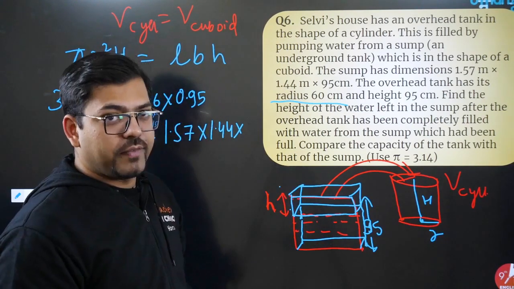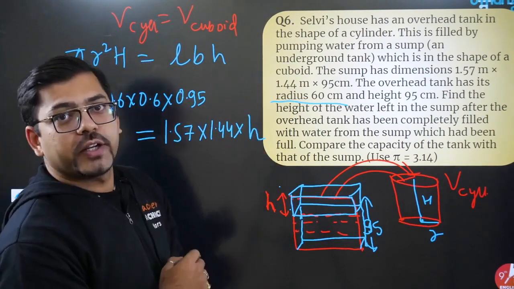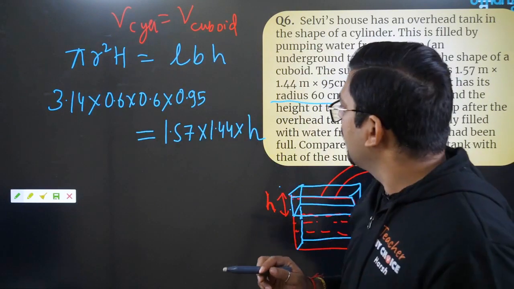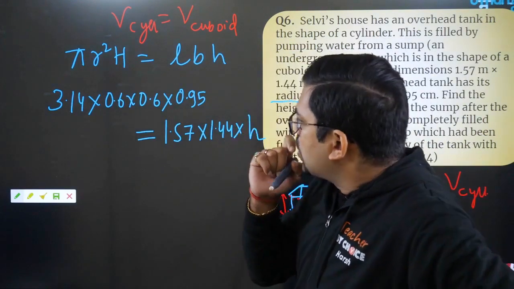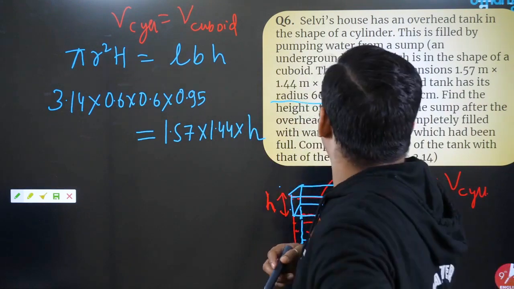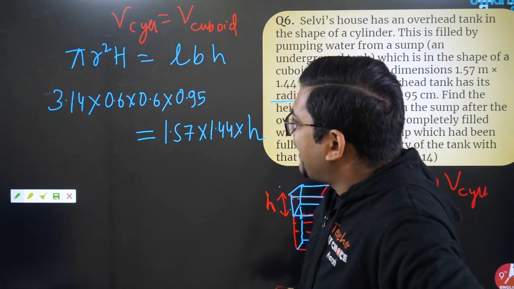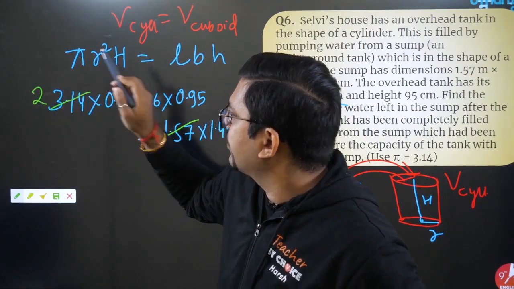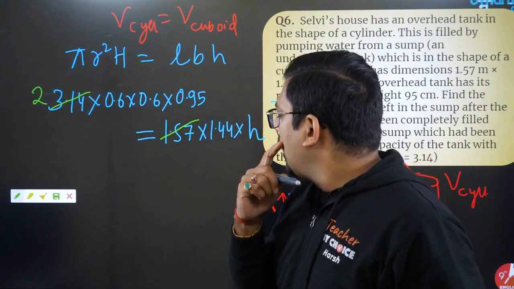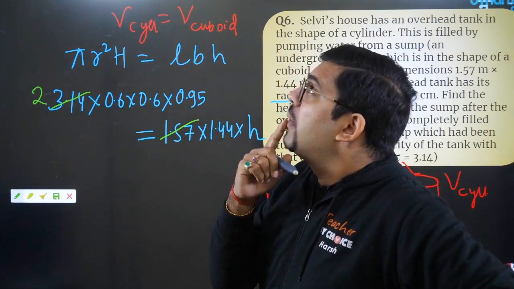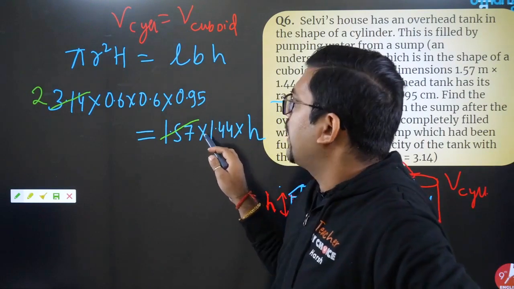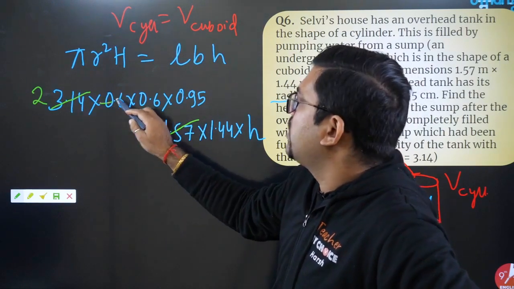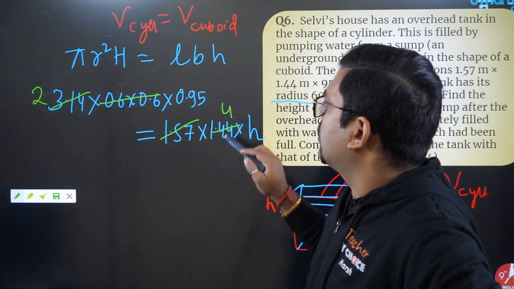So this height we have to take. I'll write h, which we have to find. Now we will do the calculation, and this calculation is not so tough. It's only looking tough. Let me tell you why. Good question. This is not so tough because 1.57 will cancel this 3.14 in 2 times. Cool. And if I am not wrong, this is 1.2 square and this is 0.6 square. So these two will cancel in 4 times.